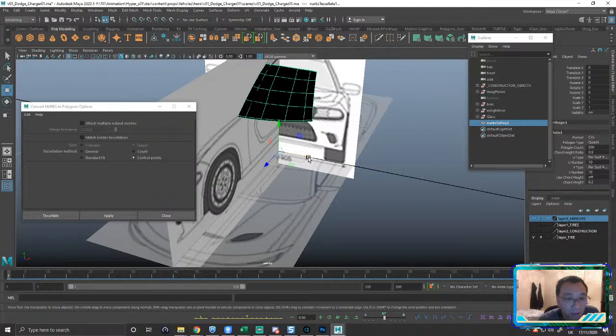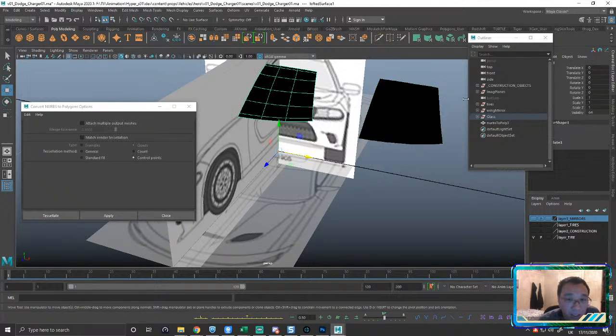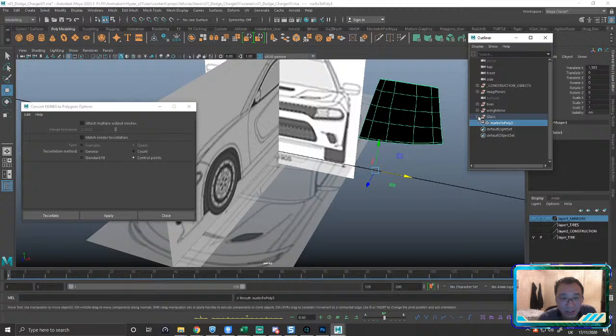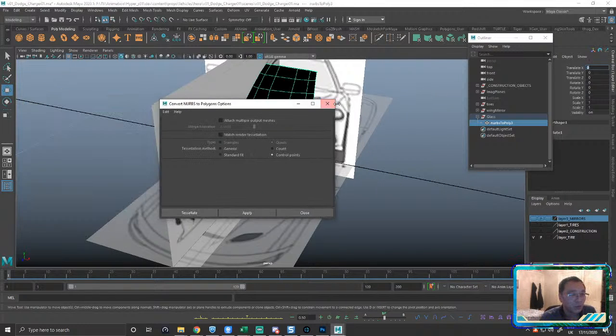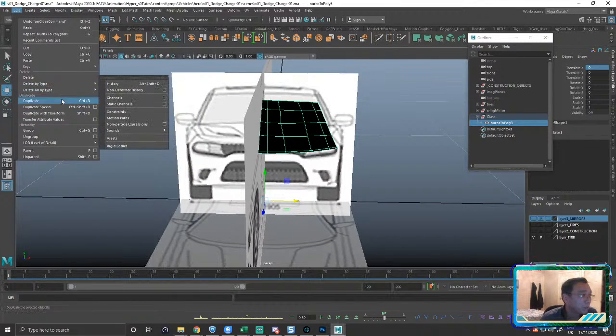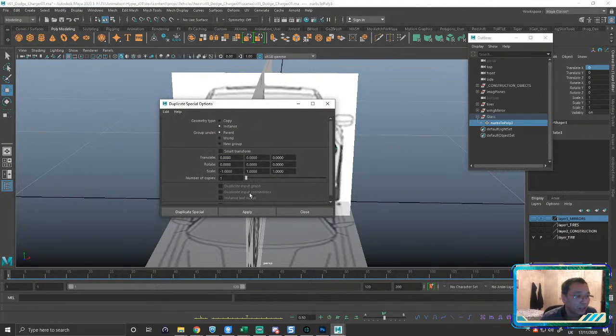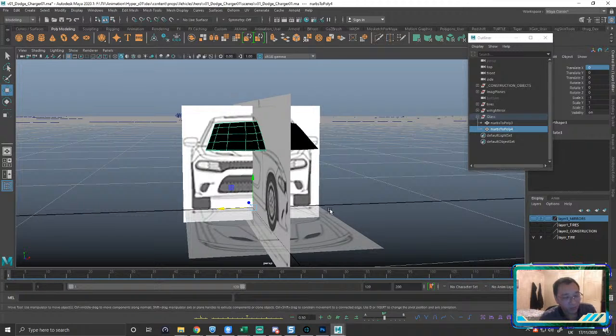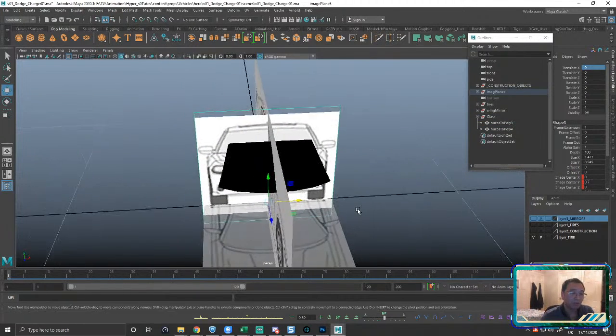I'm going to take middle mouse button, drag this under construction objects so it vanishes. I'm going to take this NURBS to Poly object, put it under glass, and then zero it out. Right? And here as well, I'll just do an edit, duplicate special, right? Create an instance and across the -1, right? In this case, it remembered the origin point, so it was cool. I didn't have to do anything to it.